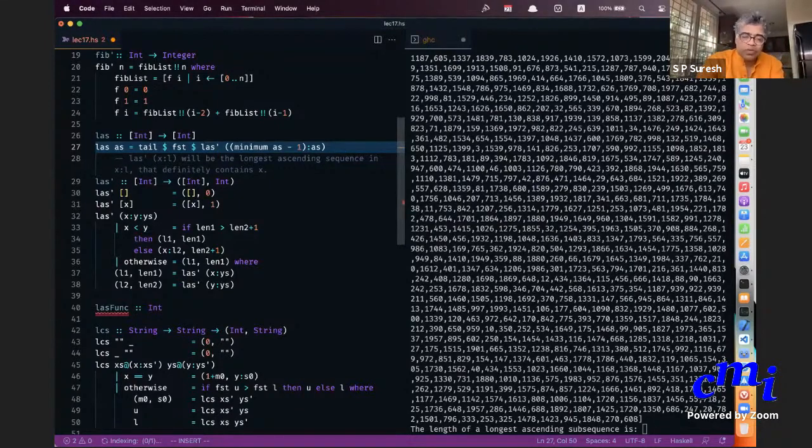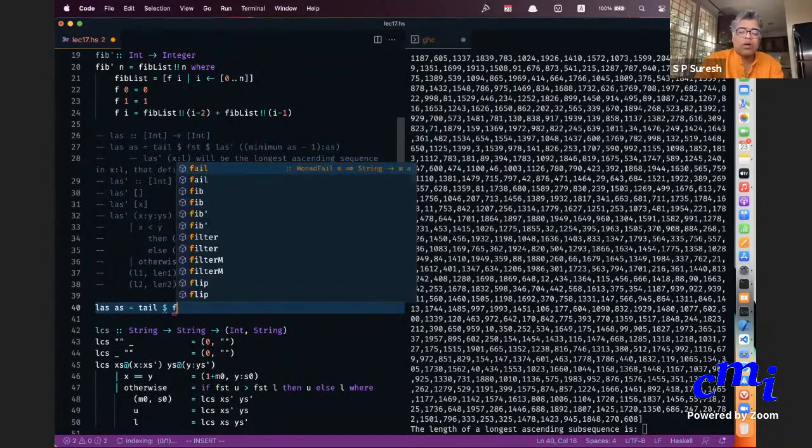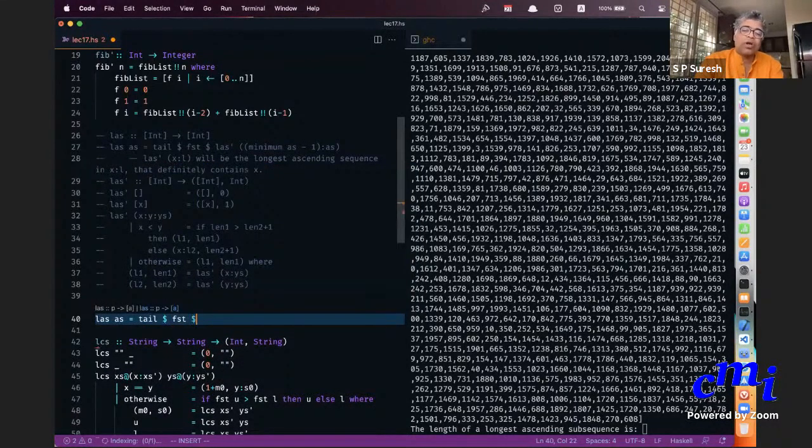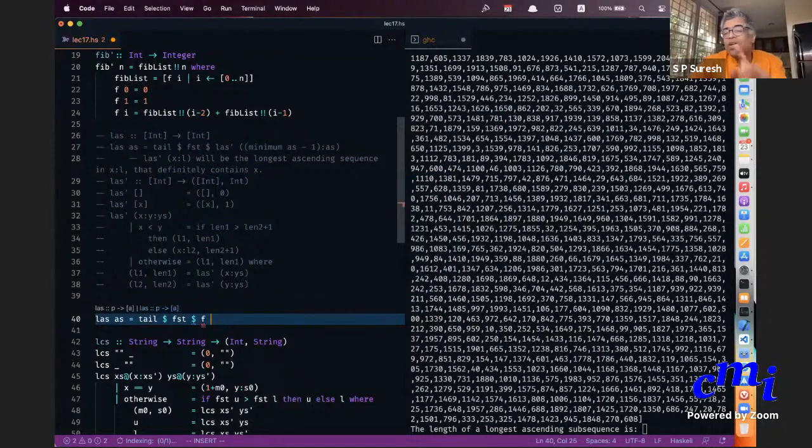LAS of as is tail of first of LAS function, or f, I can call it, it's a local function, f applied on, I won't give a list as input, but I'll give two indices, 0 comma 1.